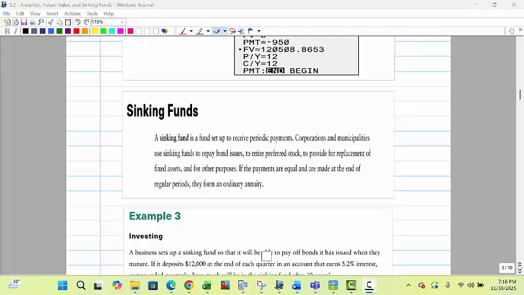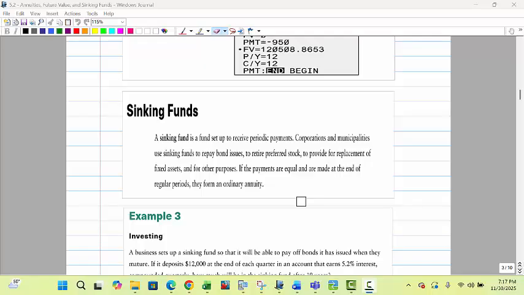Sinking funds. A sinking fund is a fund set up to receive periodic payments. You can set up a lump sum and get payments from that. Also, you can look at sinking funds as being sort of like this last example where you're making payments